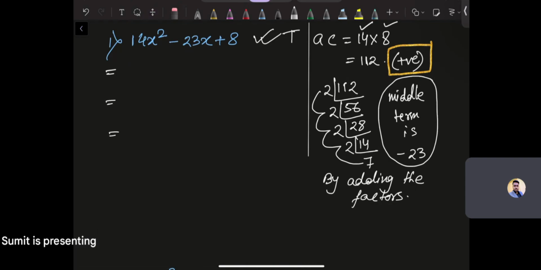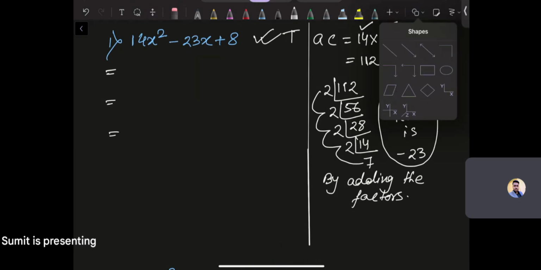How will you add the factors to get the middle term? That means, what are the numbers? What are the factors we have? The factors are